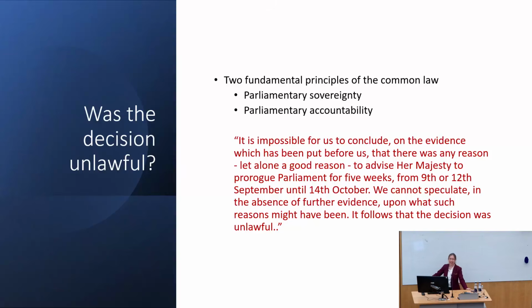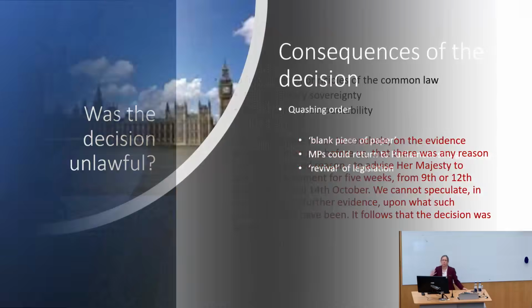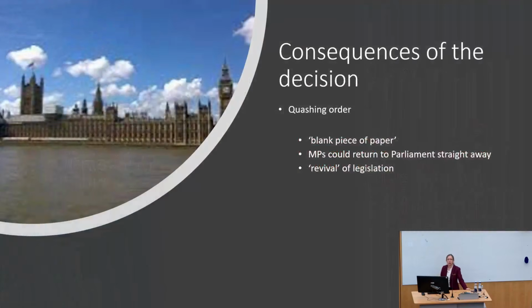Most of us weren't expecting that. Okay? We were not expecting all 11 judges of the Supreme Court to say this is unlawful. And it had huge political repercussions. Because the moment you say something is unlawful, then in English law, it is quashed. It is as if it never happened. So the Supreme Court said that prorogation order, where you suspended Parliament and they all went home and there's no MPs, never happened. It was as if you went into Parliament with a blank piece of paper. Nothing happened. No prorogation. Which meant MPs could immediately go back into Parliament.